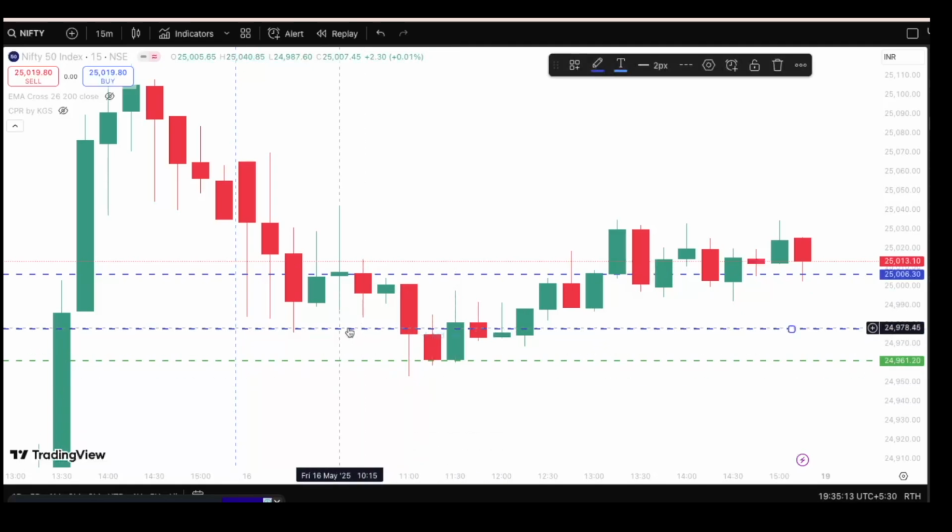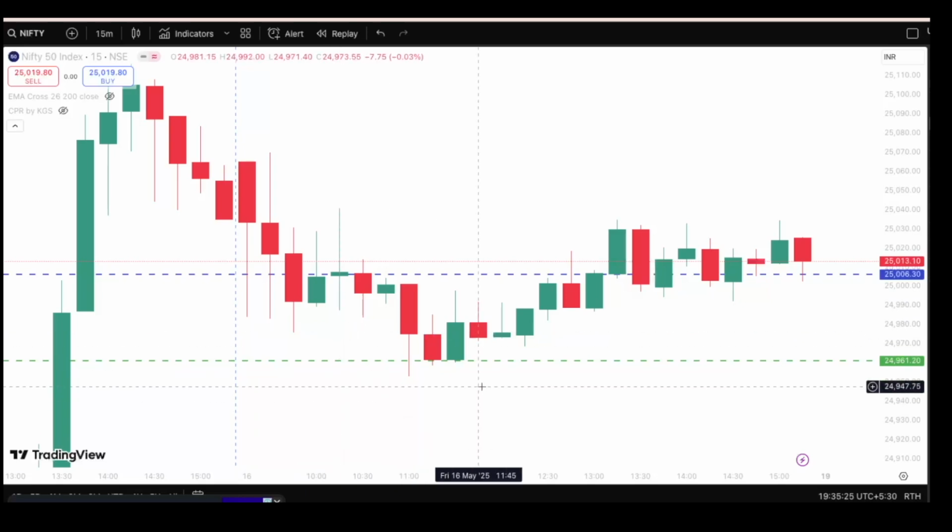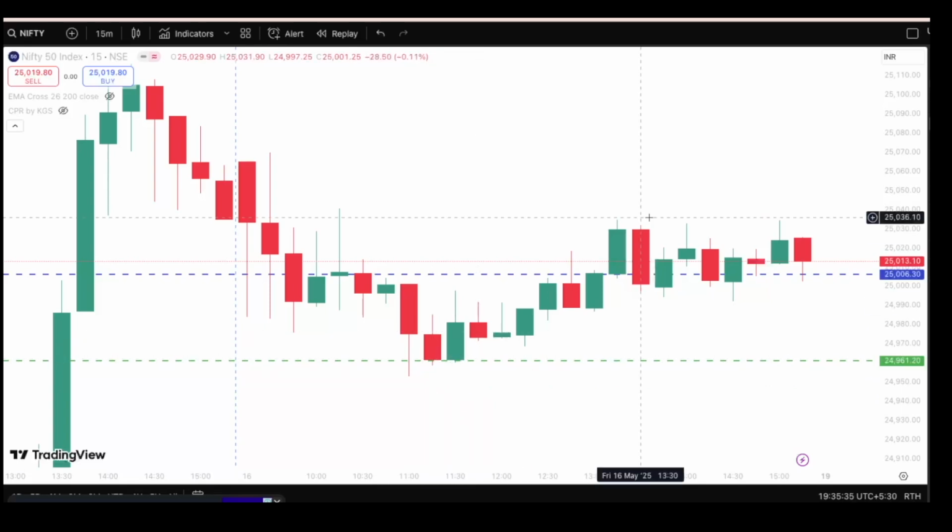So this was the true support, and this can be avoided. This level was artificially created only to fool retailers by hedge funds. So we can avoid such false levels and unwanted trades. And if I had checked both in 5 minutes and in 15 minutes, I know that the only true level was here around 11:15, and I would have bought a call option. If I want to buy a put option, then I would have entered a put option at 10:15, a small scalp here,